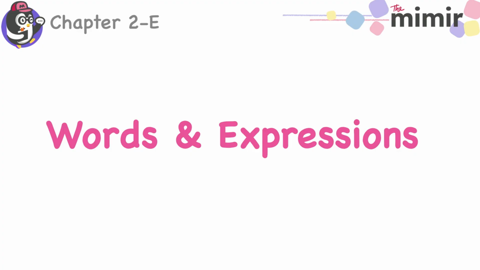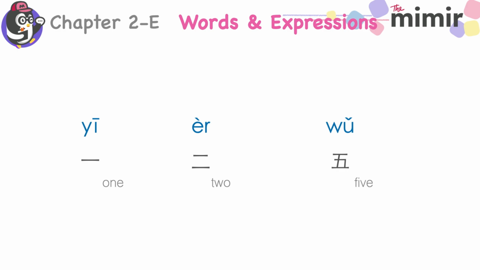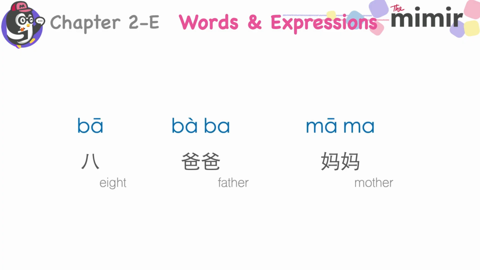Part E. Words and expressions. Here are more useful words with the syllables that we've learned. Read them and try to remember their meaning as many as you can. 1、2、5、8、爸爸、妈妈。